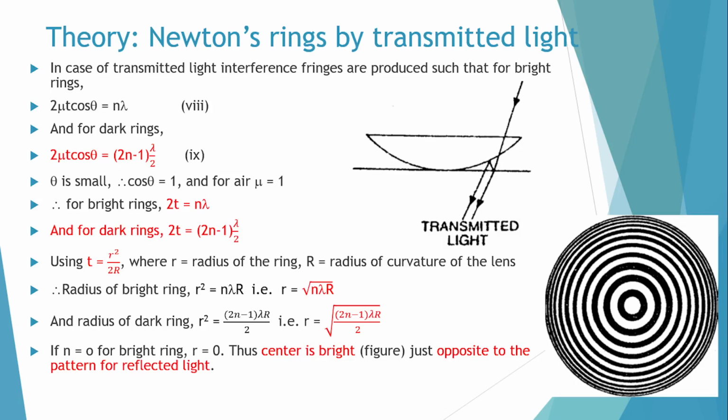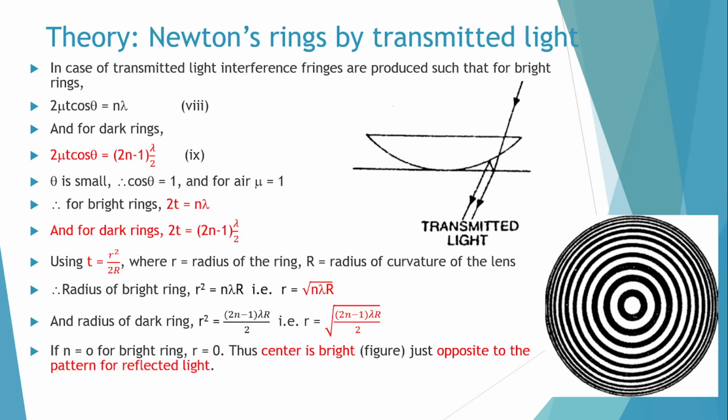In case of reflected light, the radius of the dark ring is square root of n lambda R. Here, in case of transmitted light, it is the radius of the bright ring. So again, it is an alternate thing. Remember very well. Now, if n equals 0 for a bright ring, we will observe here that the radius r